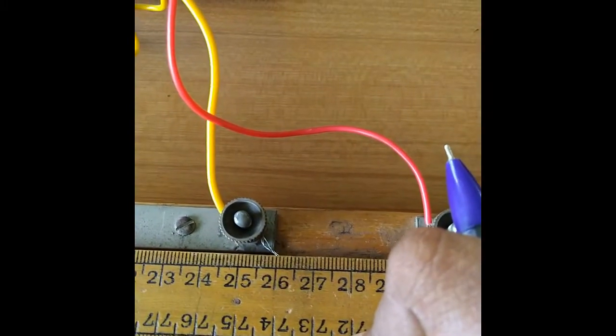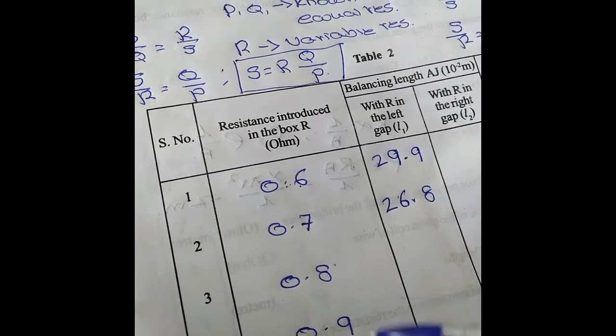This is the balancing length now, 26.8. Let's write it down: 26.8. Similarly, we can change the resistances in the fractional resistance box to 0.8, 0.9, 1.0,